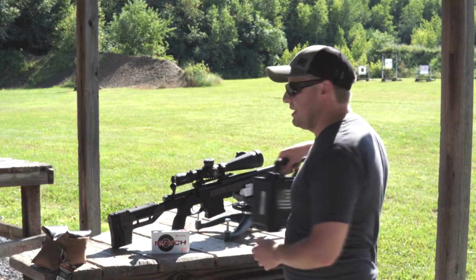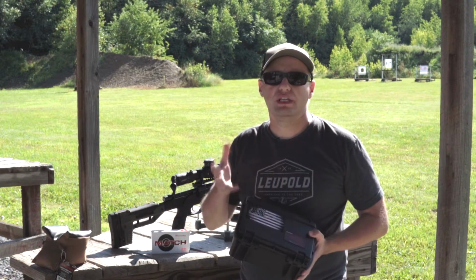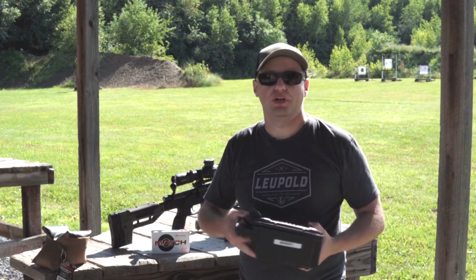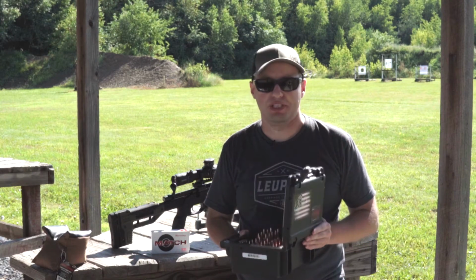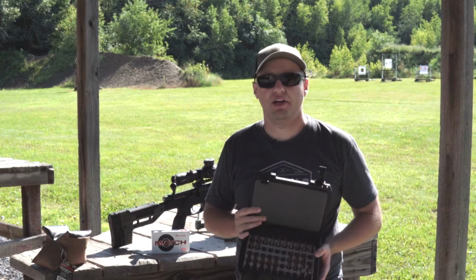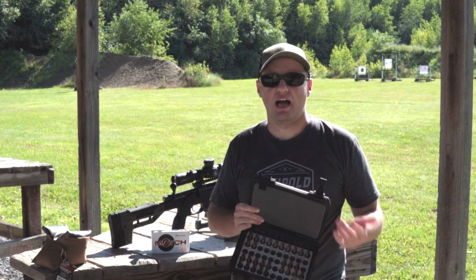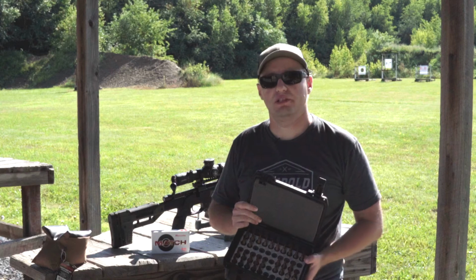Furthermore, we're going to get started with some load development to really see how far hand loads can push the accuracy. So for this, I've loaded some ammo, and we're going to run a ladder test so we can take a look at where we can find some accuracy nodes. For this, we're using once or twice fired brass with Hornady 168 grain ELD bullets. The powder I'm shooting today is the IMR 8208, which I've had success with in the past, particularly the Thompson